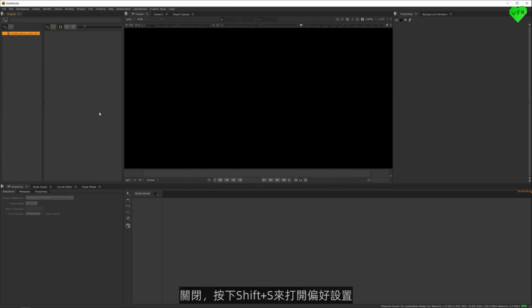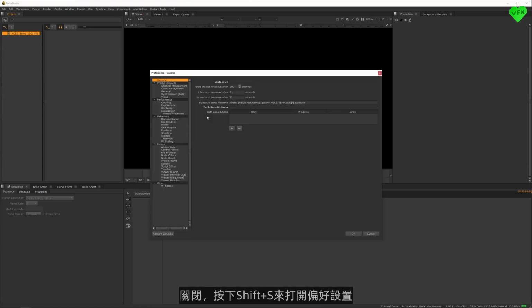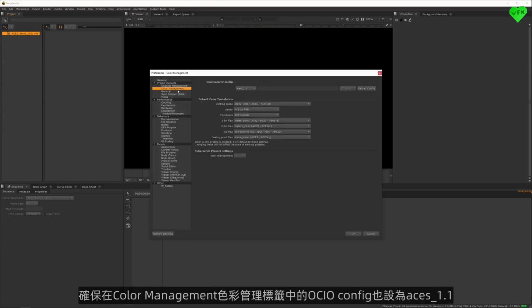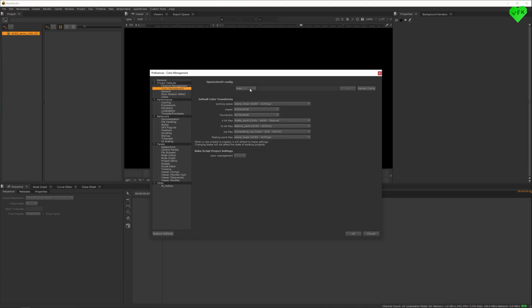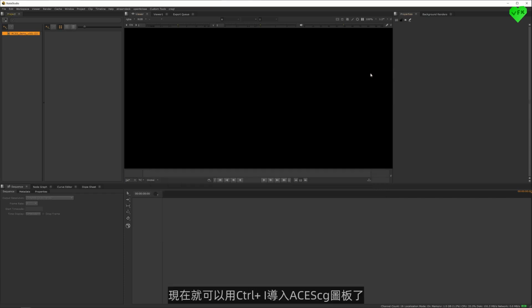Then you can close it, press Shift-S to open the preferences, and make sure that the OCIO config setting in the Color Management tab is also set to ACES 1.1. Now you can import your ACES CG plate with Ctrl and I,